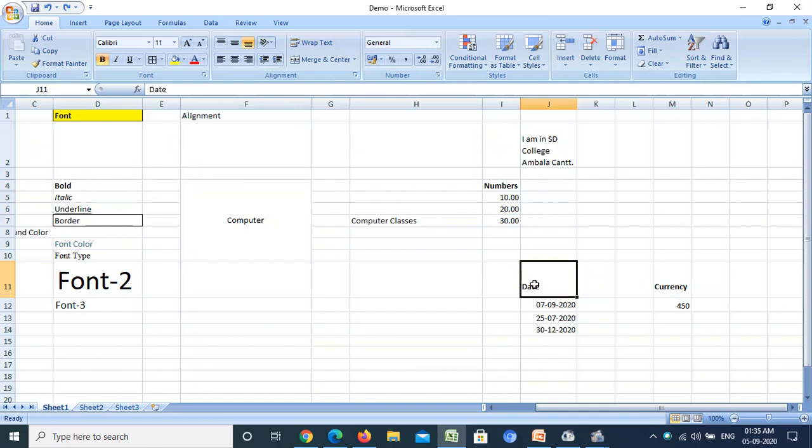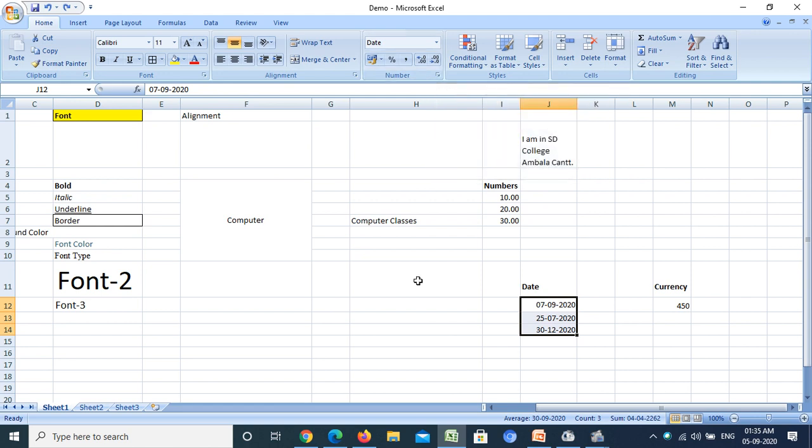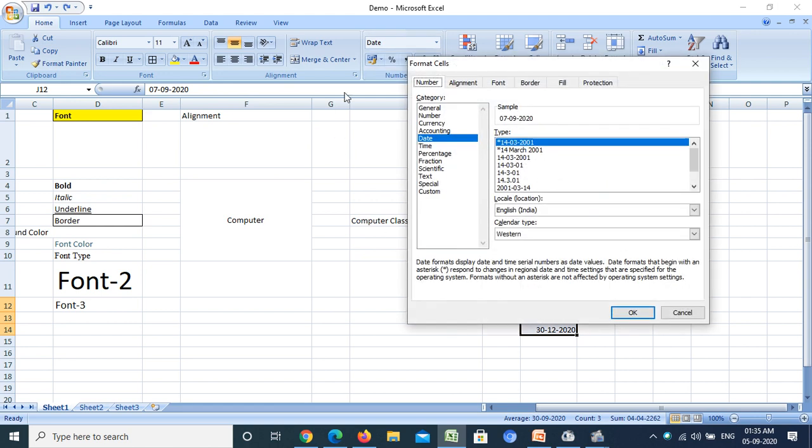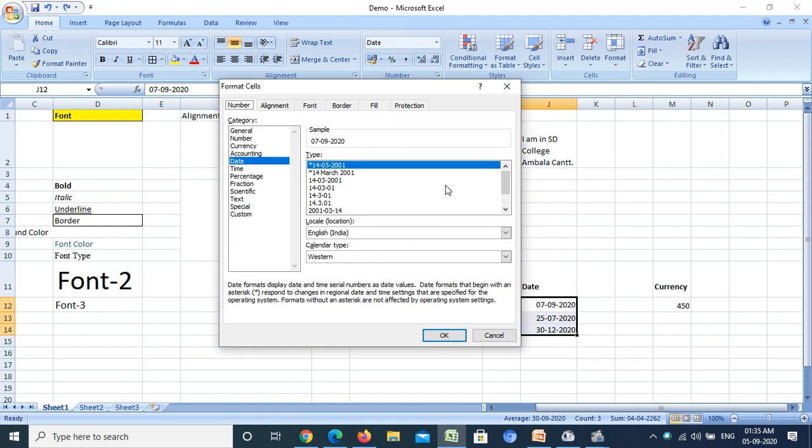Next is date. I have written some dummy dates here, and the format of my date is DDMMYY. I want to change the format of my dates, so I have to select them. I can click here on the dialog launcher button, or I can press Ctrl+1, the shortcut key for this Format Cells dialog box. Now see, there are lots of options present here for date format.